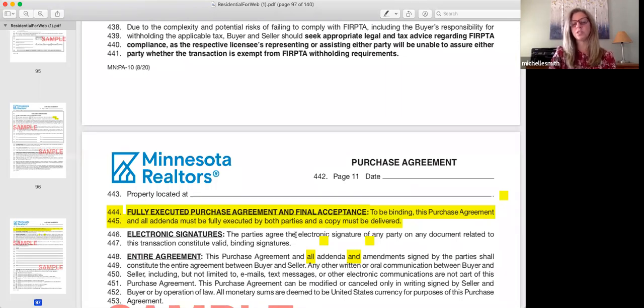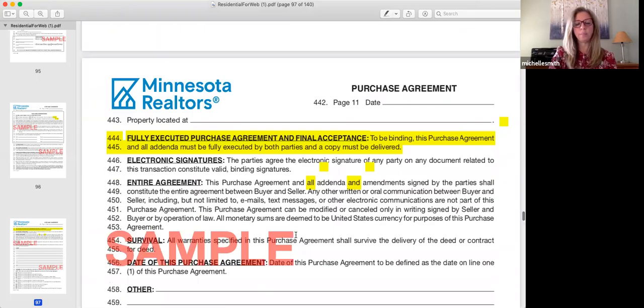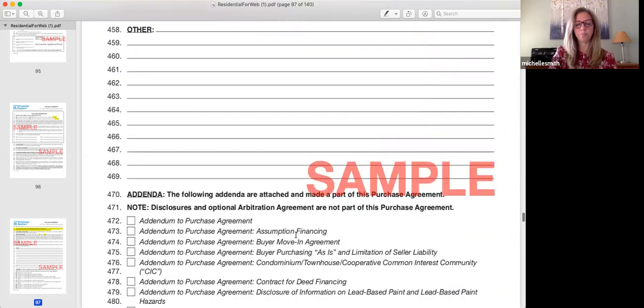So they are just emphasizing what it means to be executed. It means it's not only got to be signed by everybody, it's also got to be delivered. So hopefully by having that clarifying language in there, there will be no issues as to if something was executed